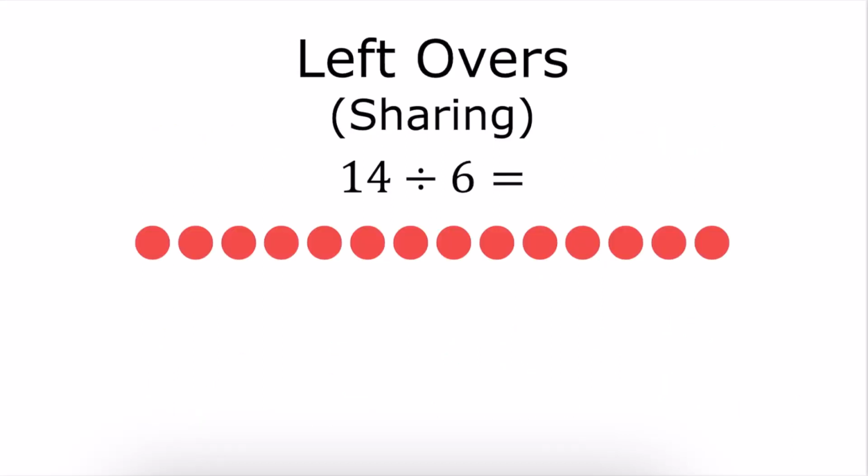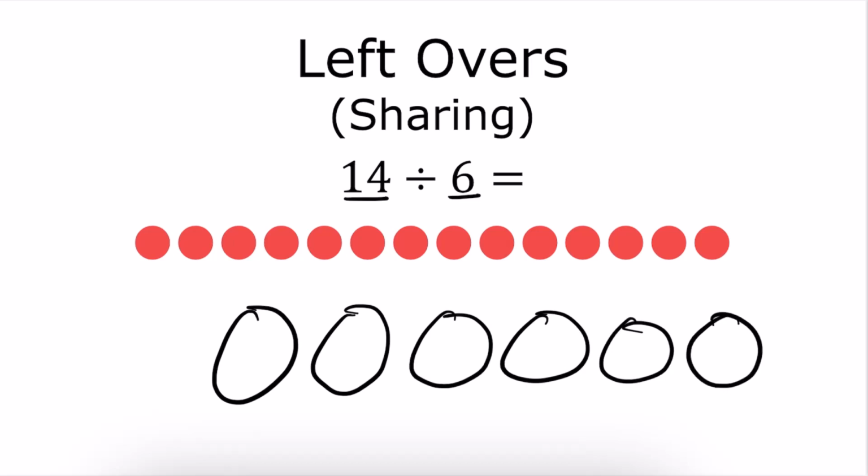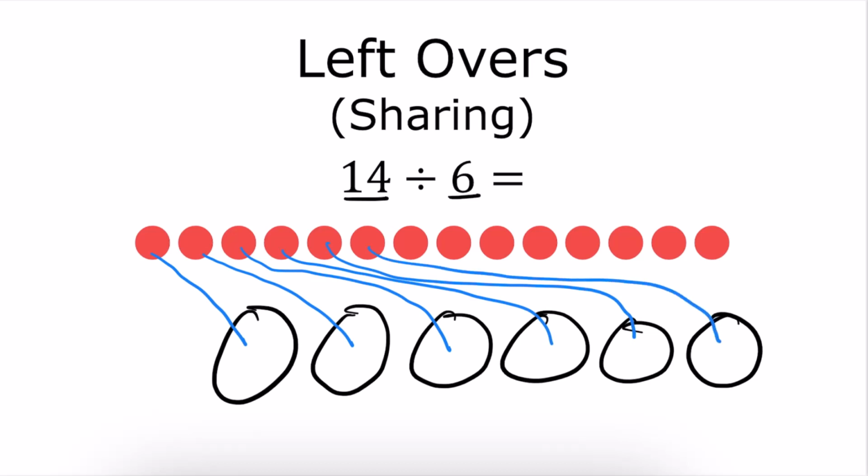And when you're teaching remainders to students, the way that you teach it depends on which model you're using. So if you're using the sharing model of division, which is where you say, okay, I have 14 people and I'm going to split them into 6 groups. So here's my 1, 2, 3, 4, 5, 6 groups. And I say, okay, this person's going in this group, this person's going in this group, this one's going here, here, here. And then I say, okay, then this person's going in this group, this person's going here, here, here, here, and